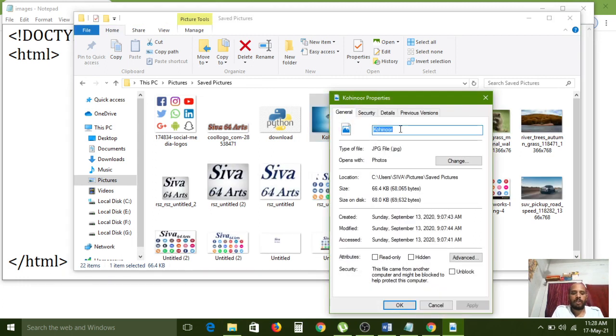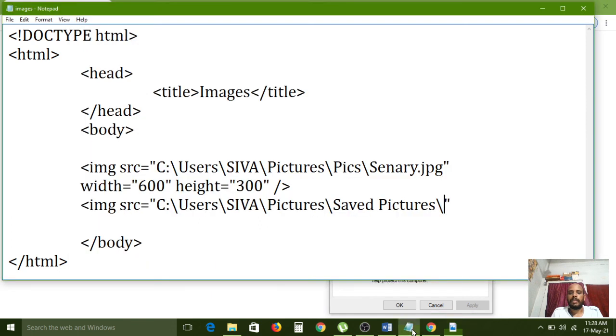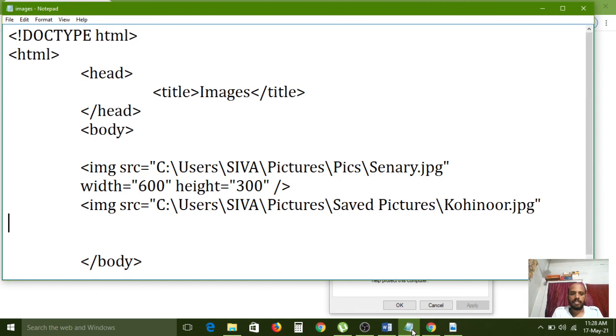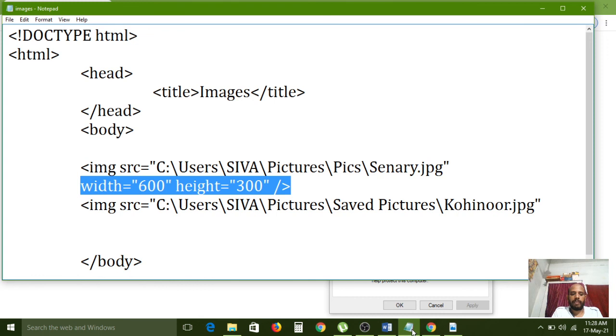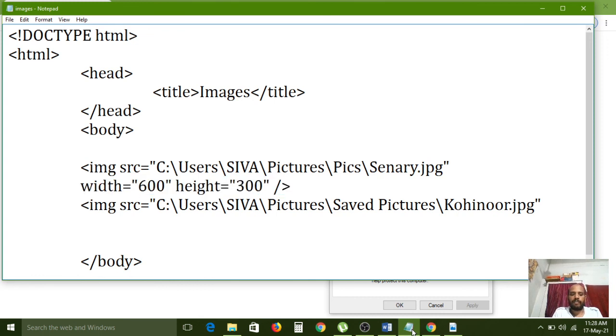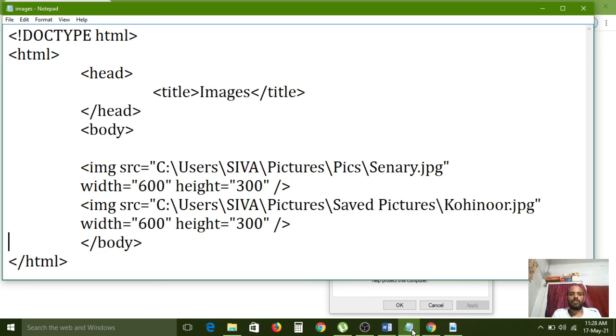So the name I am copying, pasting here, .jpg. Again, height and width also I am giving. For that I am copying from the top position to the end position. So like that, go to the file menu, choose save option, and again this file I am executing, refreshing this page.